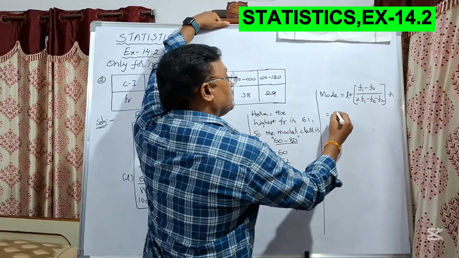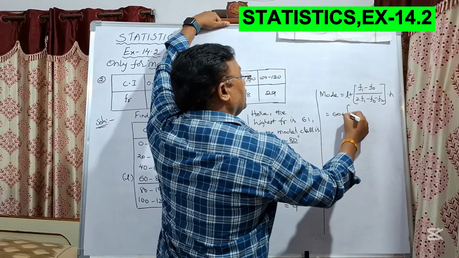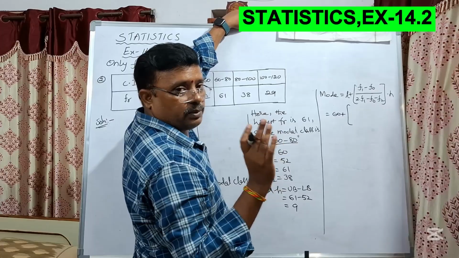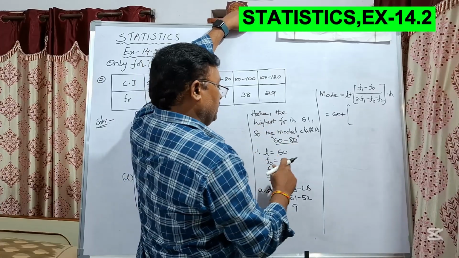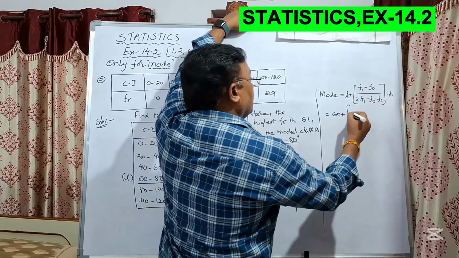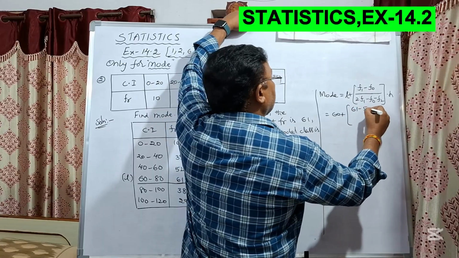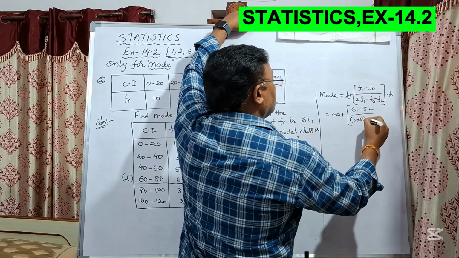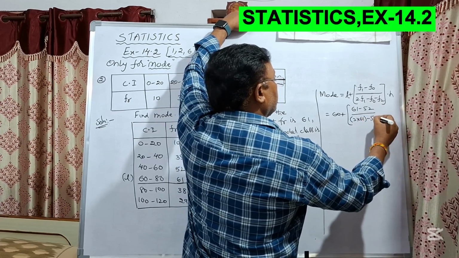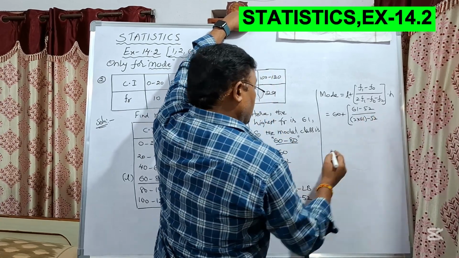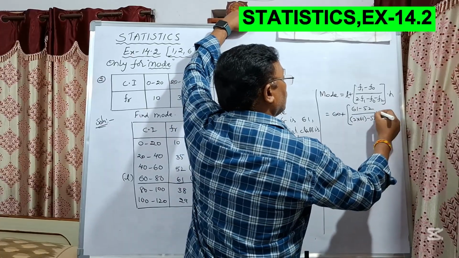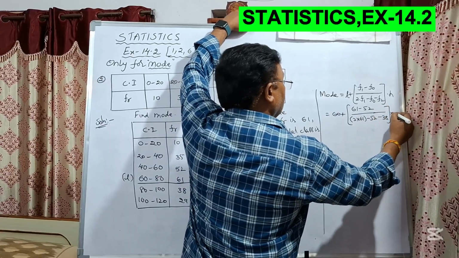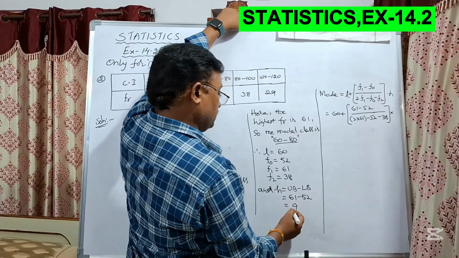That is L value 60 plus, so use the brackets properly in the correct places. Next f1 minus f0, 61 minus 52, by 2f1, means 2 into 61, minus f0 minus f2, into the h value,